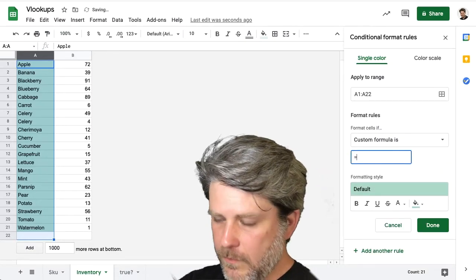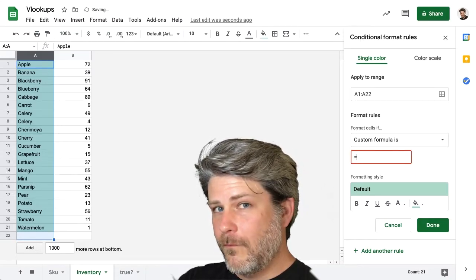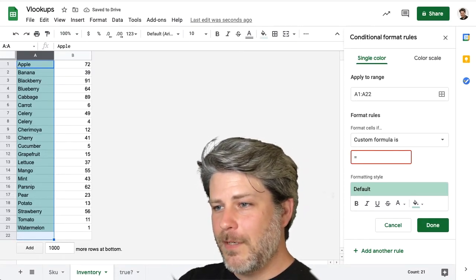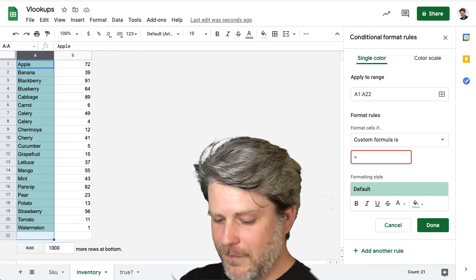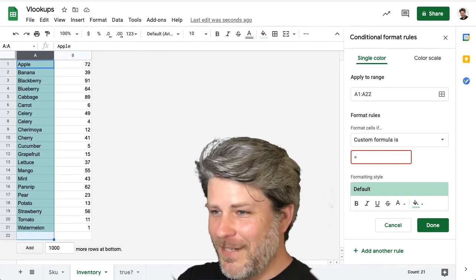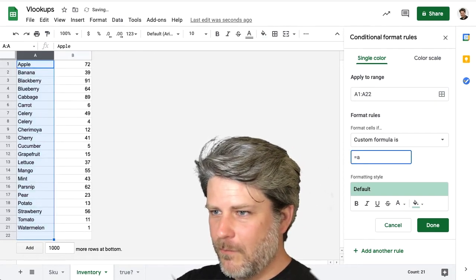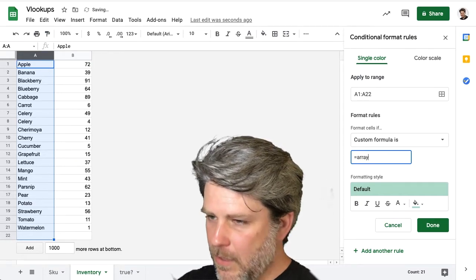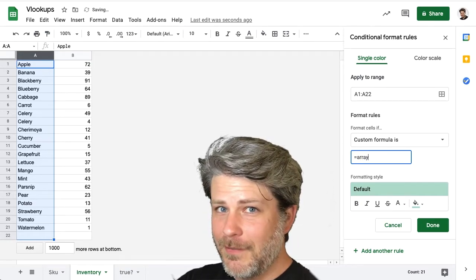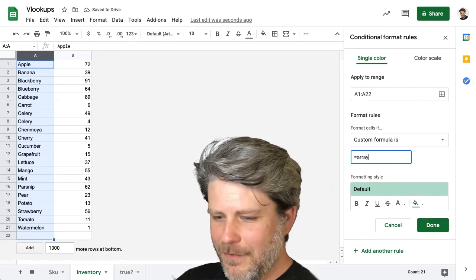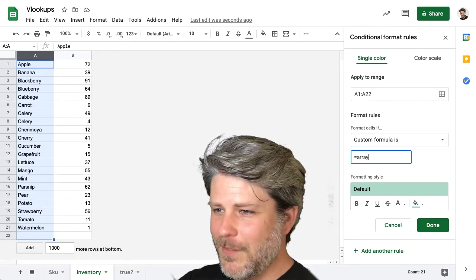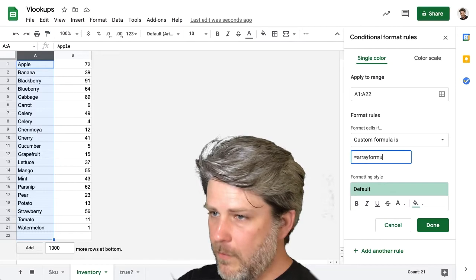We'll say equals. Now, VLOOKUPs in conditional formatting, you use an array formula. So this is getting a little tricky. I'll put this final code into the notes so you could see what I'm talking about. Array formula,